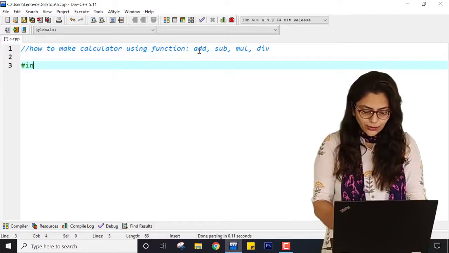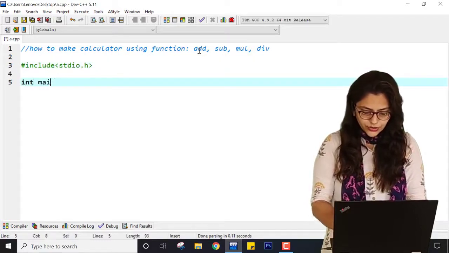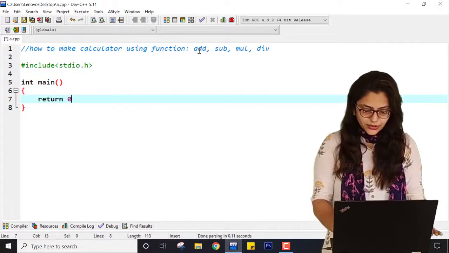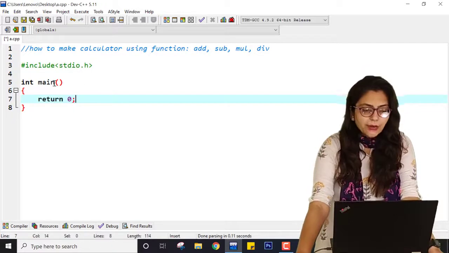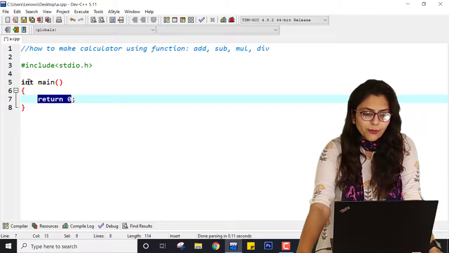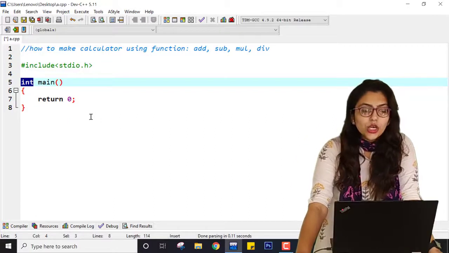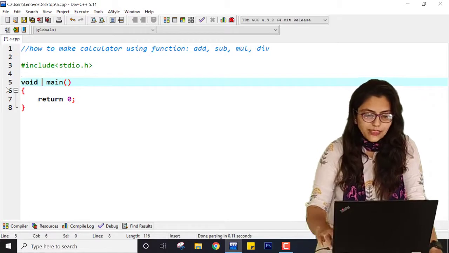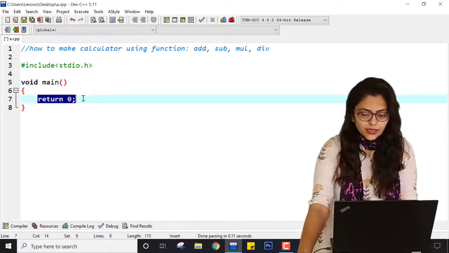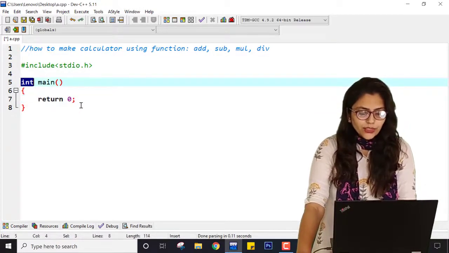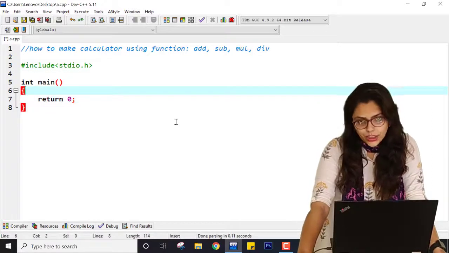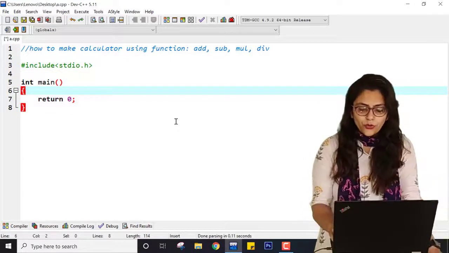First of all, I have to write #include <stdio.h>, then int main, then inside this I have to write return 0. Now you can relate that I am returning 0 over here because I have told that the function main is of kind integer, so at the end it should return something. If I had used void over here, I wouldn't need to write this, right? But in most cases when I am using C++, it expects me to write main as an integer function. That's why I have to write return 0 every time.